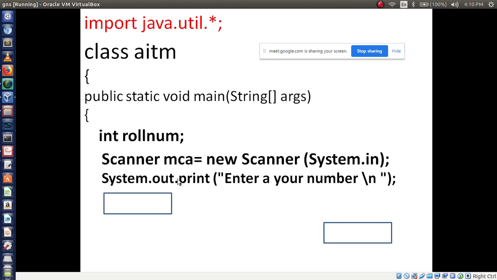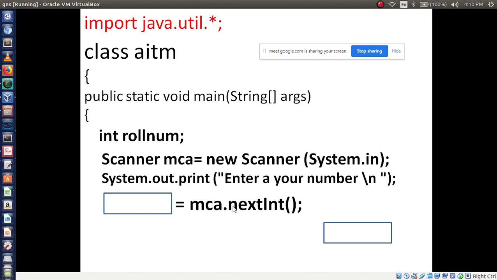For that purpose you have to use the nextInt method. MCA is the object name, then dot nextInt is the method name for reading integer numbers. If it is a float number, you will write nextFloat. If it is a string, you will write next or nextLine. Two methods are there for reading strings.